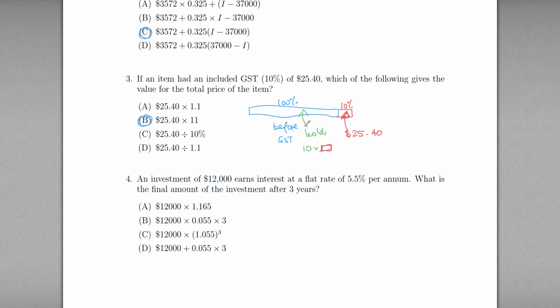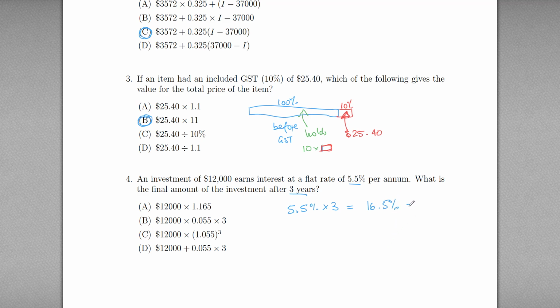Alright, I think best way to do these GST problems is to keep this rectangle thing in mind. I think that might be the easiest. Alright, investment of $12,000 earns interest at a flat rate of 5.5% per annum. What's the final amount after 3 years? So flat rate means it's 5.5% of the initial amount every single year. Okay, so after 3 years then, how much interest has been earned? Well, it's 5.5% per year at a flat rate, which means after 3 years it's going to be 5.5% multiplied by 3, which is